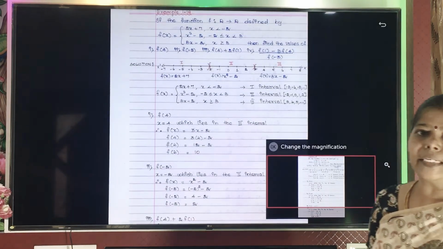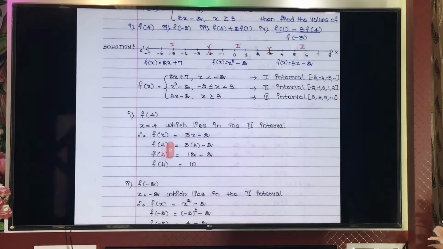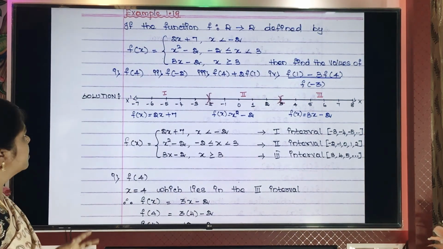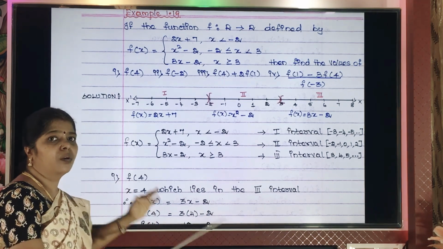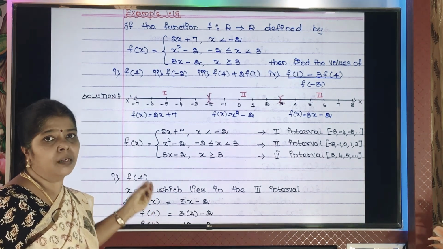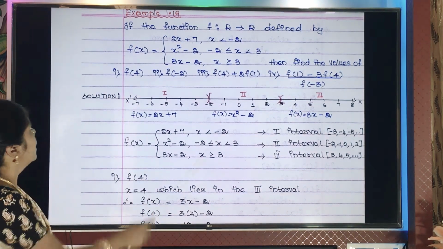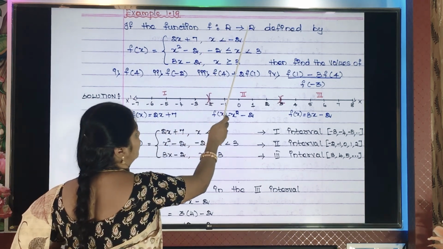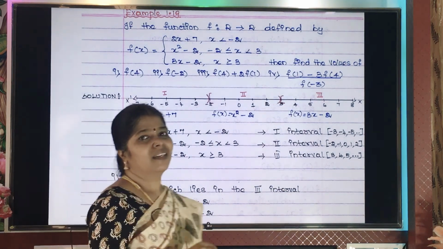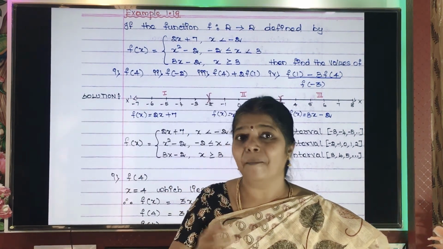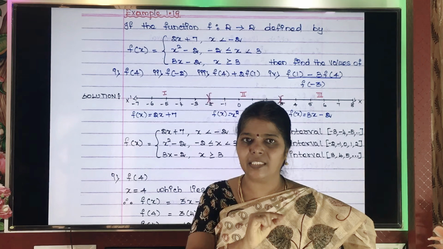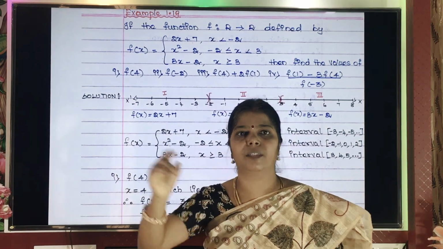Yes. Now let us see the last example of this content. Example 1.19. But children, this is a different sum from what we have seen so far, and this is a very important sum also, and this kind of sum you will get in your 5 marks. Have you all noticed, so far wherever they defined the function, they have given just one rule only. For each sum, they have given f of x is so much, like that.